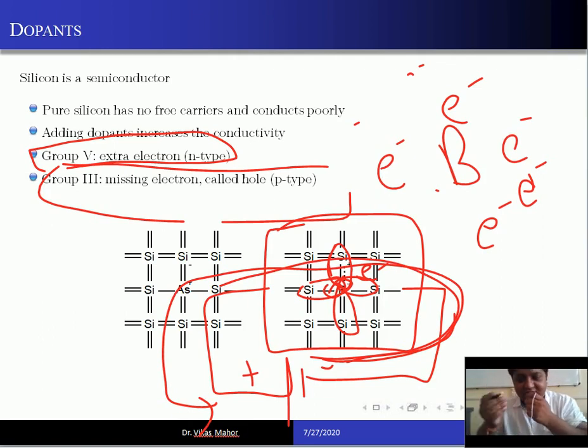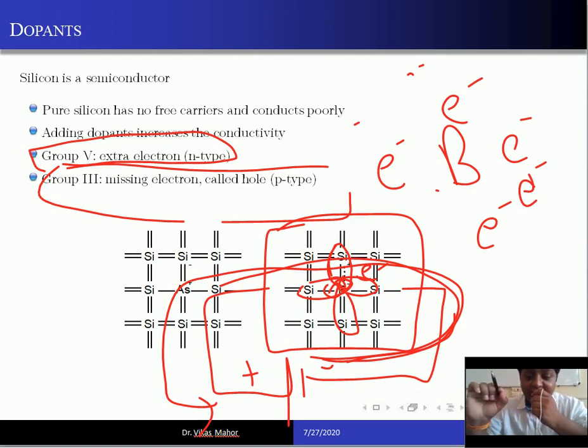So this is the way how you make your silicon n-type. Now you call your silicon lattice n-type. Why? Because there are more electrons as compared to holes. That's why you call it n-type silicon. Fine. Opposite is the case when you put the trivalent impurity. When you put the trivalent impurity, in that case what will happen?